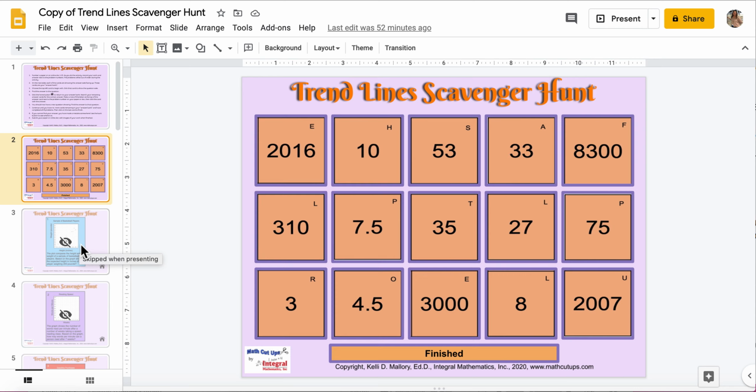In the actual activity, the trendline scavenger hunt, or any of my scavenger hunt activities, what I tend to do is I give students in their group a set of the answer cards. So they have all of the answers. So the things that are posted around the room are not problems and answers. So that while the answers will, in a typical activity, drive the students from